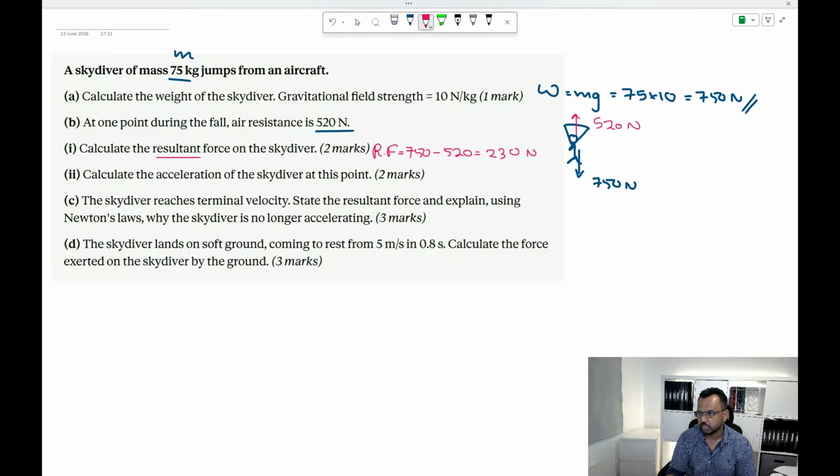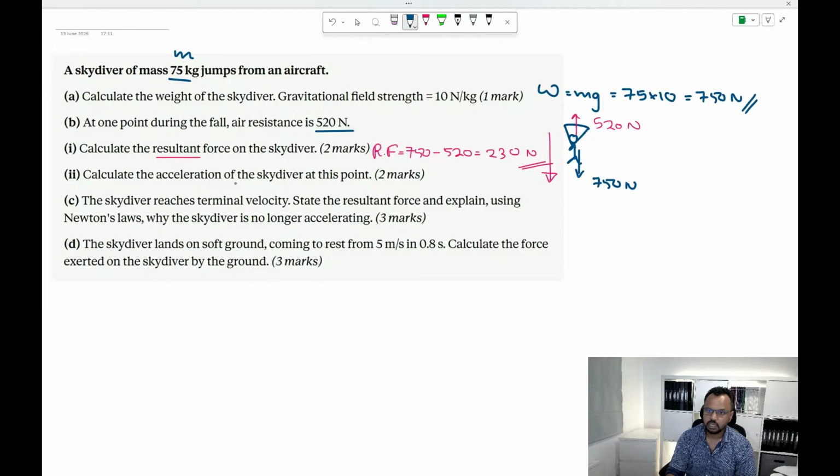230 newtons. Okay, if I write it like that, what am I missing? I'm not going to get 2 marks if I do this. What am I missing? Somebody tell me in the chat, go on. There's one thing I'm missing here. The direction. Thank you, Tiara. So I should say downwards. I can draw an arrow, or within brackets, I can write downwards. I have to say the direction to get both marks. Really important. Thank you, Jaturna.